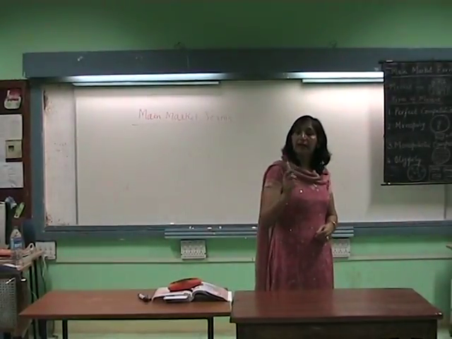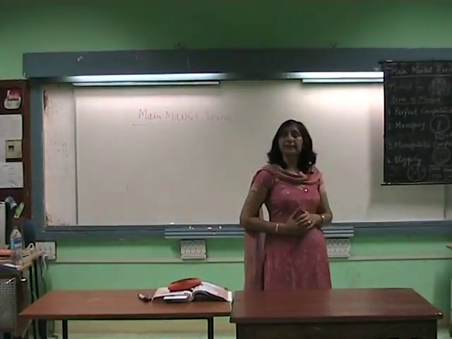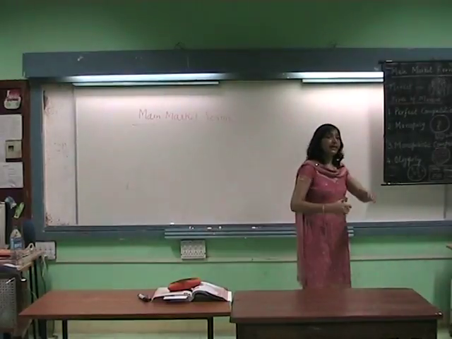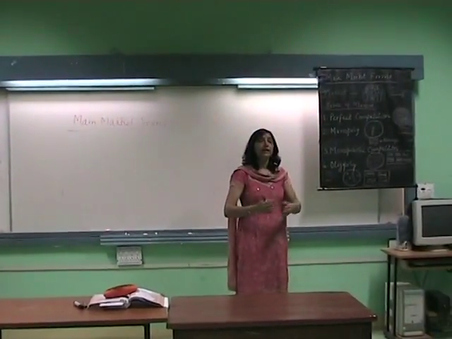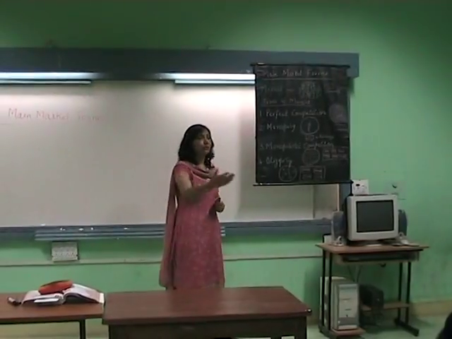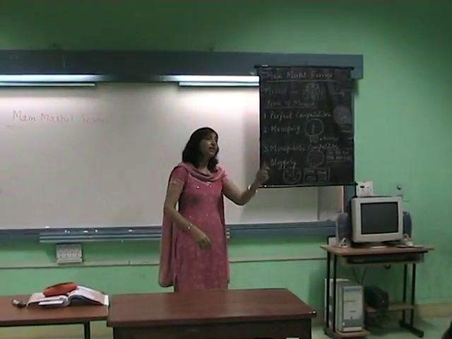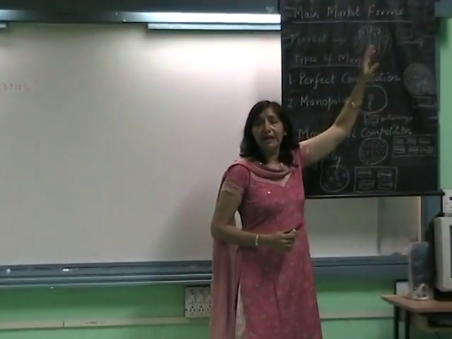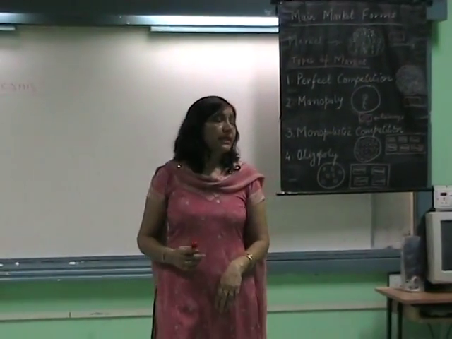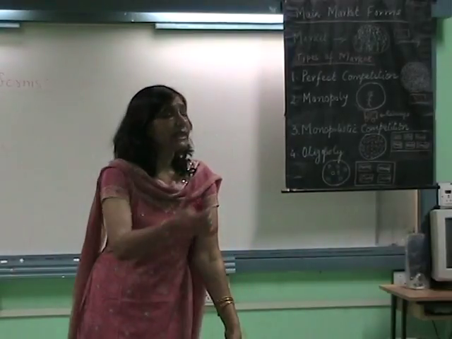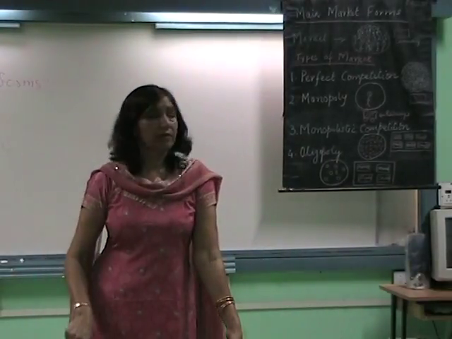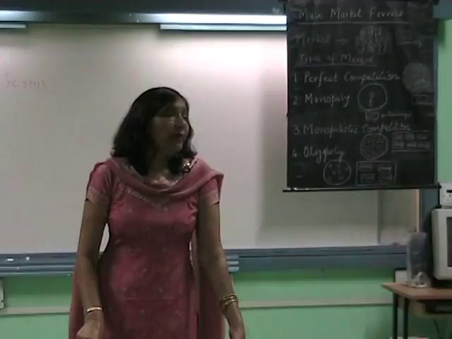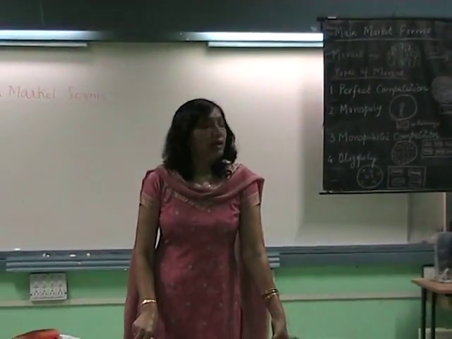Buyers are ready to buy this pen and sellers are ready to sell this pen, and they are negotiating with each other that the price should be this much, or the quantity should be this much, the quality should be this much. We are negotiating for the exchange of a well-defined commodity. That is called market. So for example, here in Ojhar, we are buying vegetables, and